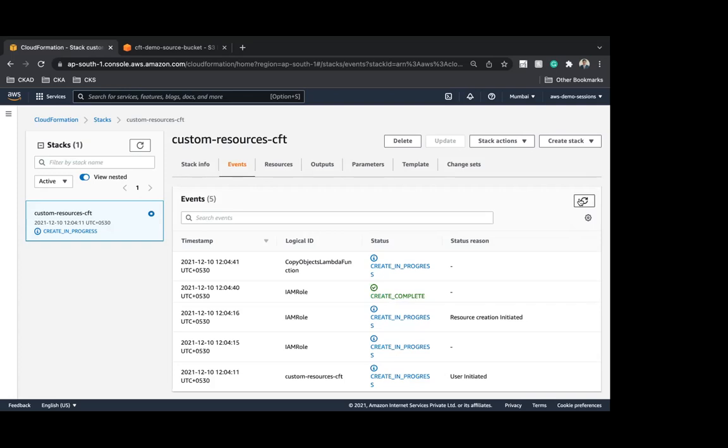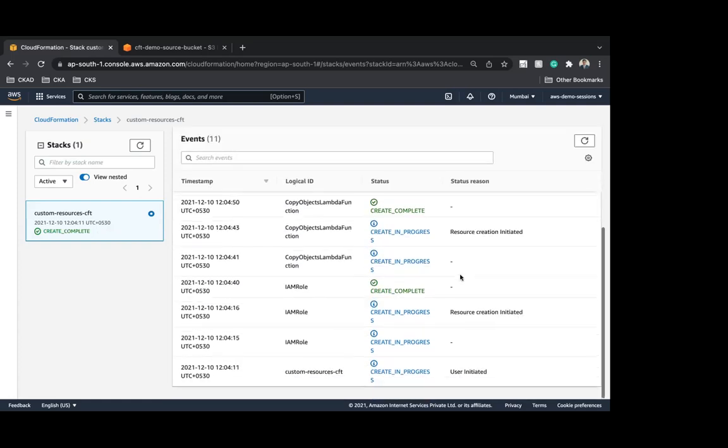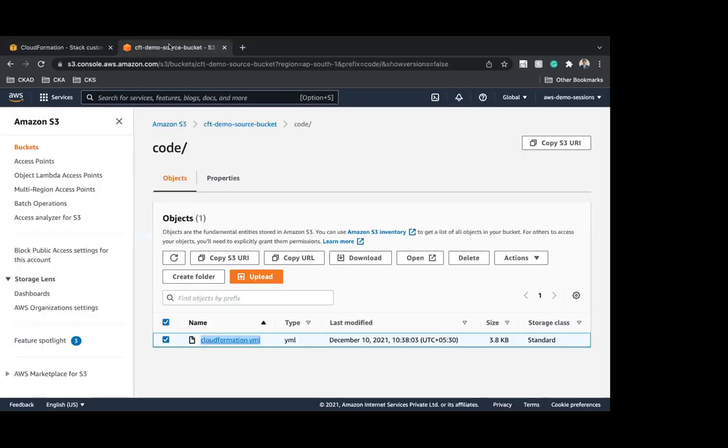Whereas Lambda, we know, is serverless, as we also saw in our first meetup. You don't have to worry about the OS and everything. It's a very quick spin up and spin down. That's why anything you launch in Lambda is faster compared to EC2. It just took about half a minute and you'll see it's done. So it's because of the resource you're trying to launch, nothing to do with CloudFormation.